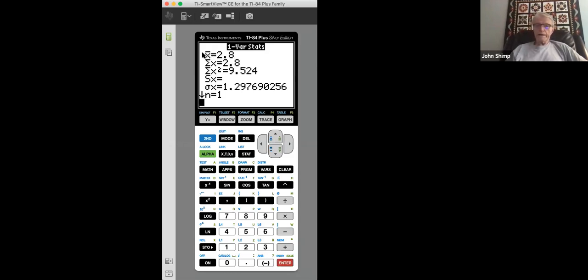2.8, and why they can't manage to put a mu in here, I don't know. But for probability distributions, the mean of the probability distribution is the X bar value, okay? That's where it's putting the mean. The standard deviation of the probability distribution is sigma X, okay? So now we know we're going to have 2.8